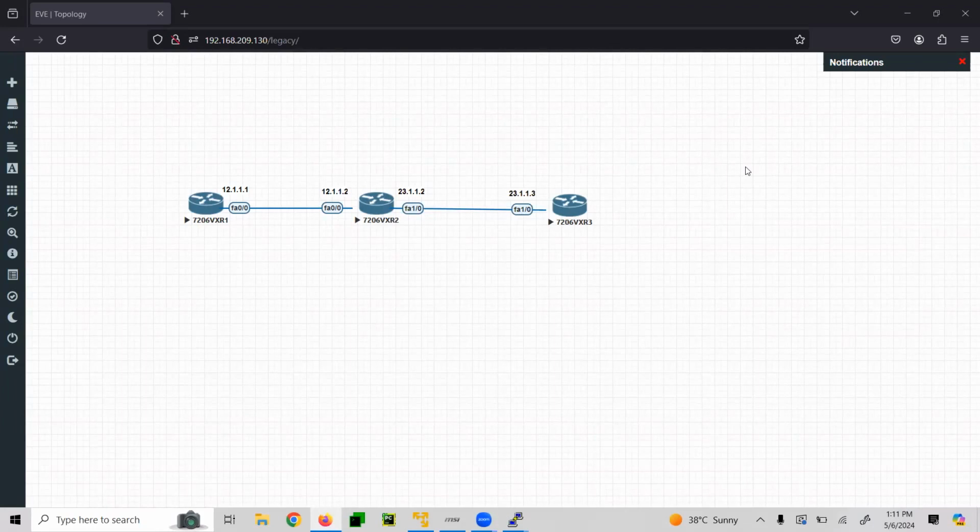Hello everyone. Today we are going to discuss some basic login related security features that we can configure on our Cisco devices. So we have a simple topology, as you can see on the screen, with R1, R2 and R3. The IP addresses are simple. On R1, the interface connected to R2 has 12.1.1.1, and R2 connecting with R1 has 12.1.1.2. Likewise, between R2 and R3 we have 23.1.1.2, and on R3 we have